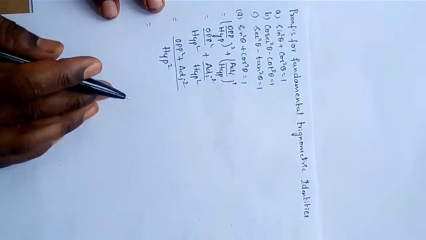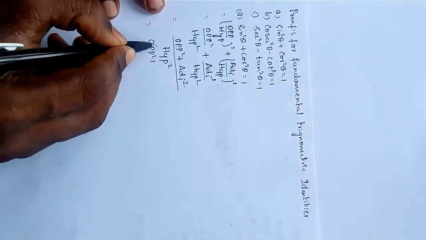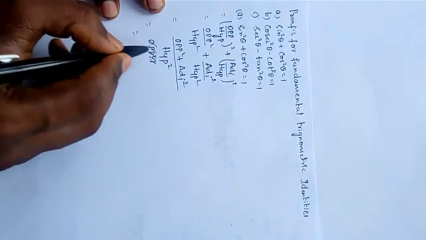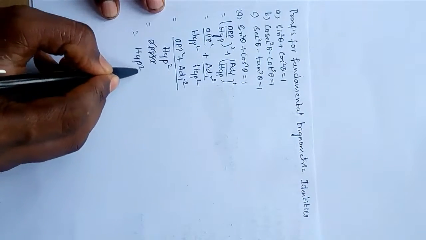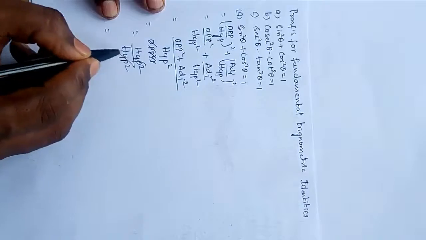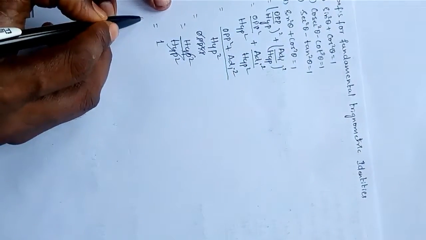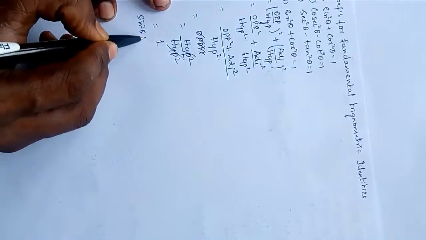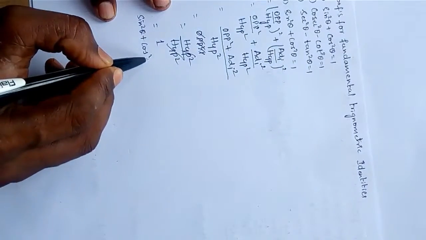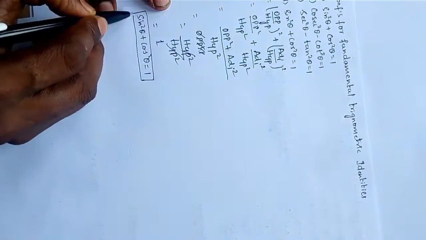By using Pythagoras theorem, you can directly write this as hypotenuse square by hypotenuse square. So you can cancel these two things. Remaining is 1. So the LHS part, sin square theta plus cos square theta, is equal to 1. Hence the first fundamental proof. Got it? Then the second one, I am taking that as